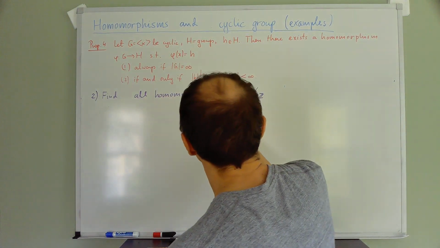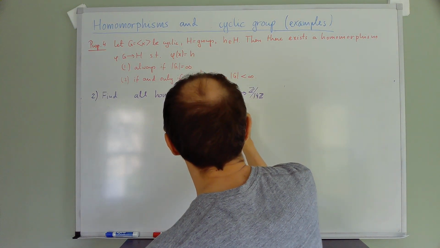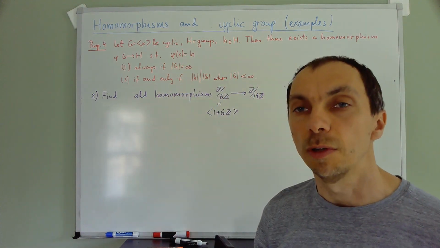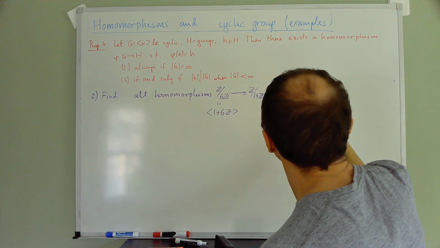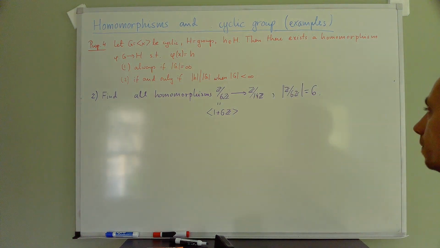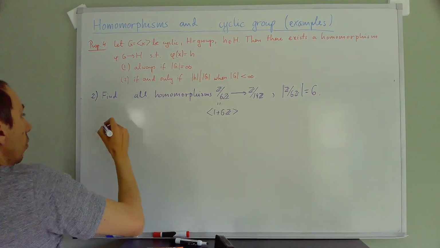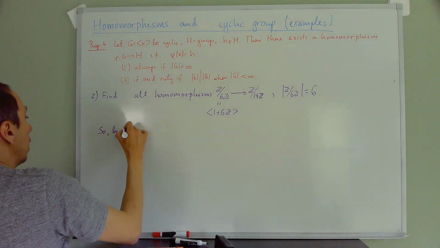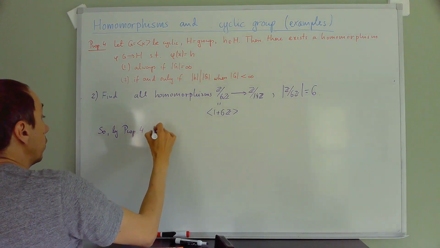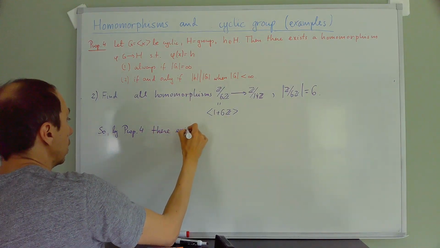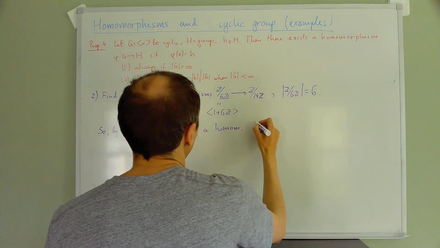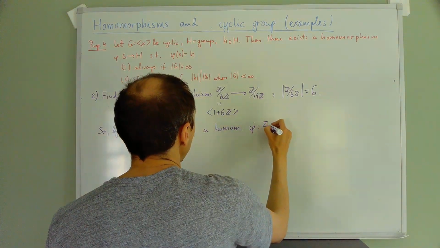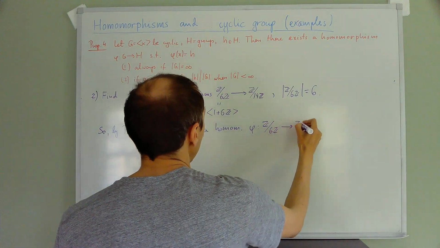So let's first of all look at what's going on here. This is a cyclic group generated, for example, by 1 plus 6Z. What's the order of this group? It is 6. So the order of G is 6. So by Proposition 4, there exists a homomorphism, call it phi, from Z mod 6Z to Z mod 14Z